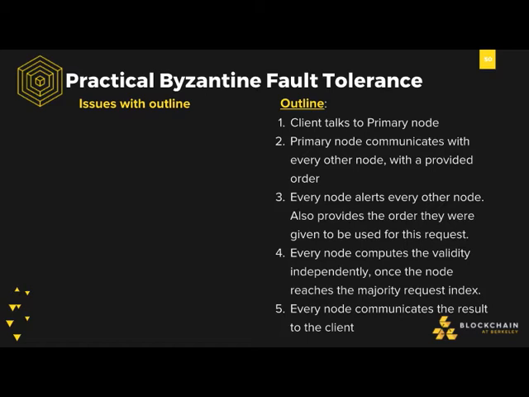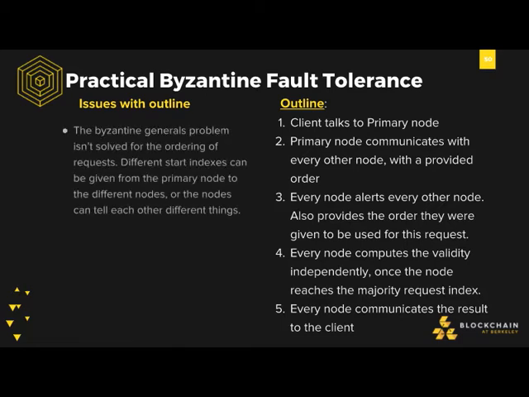So again, we're getting close to a solution here, but we haven't solved it. This isn't Byzantine fault tolerant for nodes altering the order that they're specifying, because you can have different nodes telling other nodes different orders, and then you can effectively convince nodes falsely what order to compute in. So instead, we need to have a way of enforcing order. So what we're going to have is another stage.